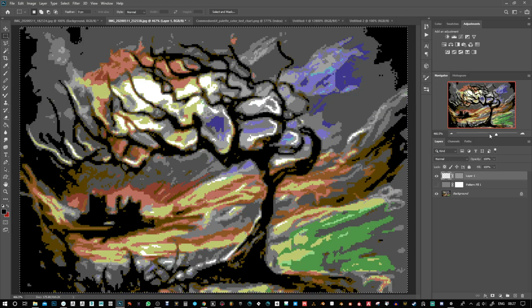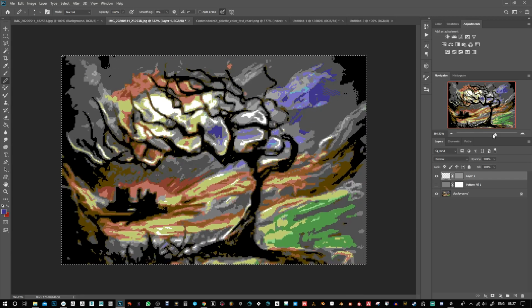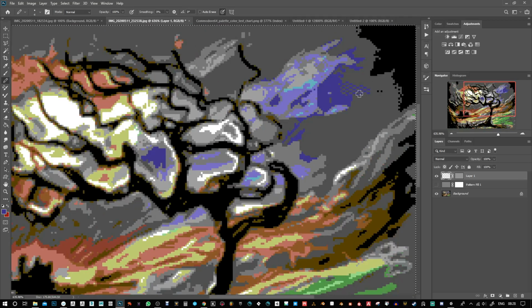And now we've got a clean layer with a pattern ready to go in it, and I don't have to shrink horizontally this time. Like, that's a different way of thinking about it. But now when I try and paint, the only problem with this is I will get the odd pixel. That's why I like the other method, but it's harder to read it. Now you can see I've got the odd pixel and